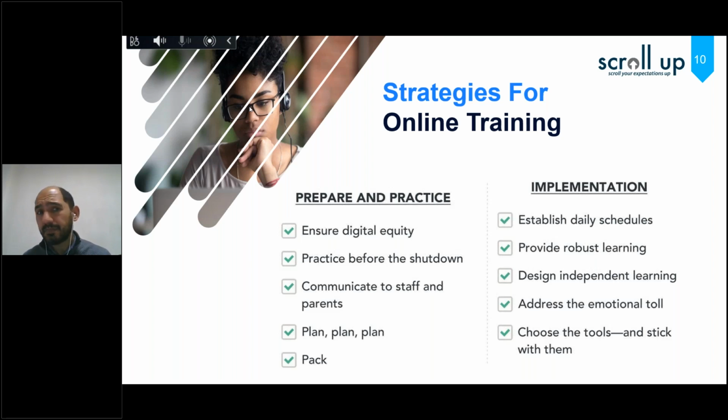The implementation, when you prepare and practice: you have to establish a daily schedule. If you start to give these courses of your school online, make sure to publish a daily schedule and provide robust learning. So you give these learning tools and videos and audios and everything, all the material needed to have this online learning experience wonderful. Design independent learning. So make sure also